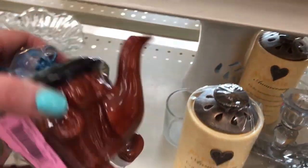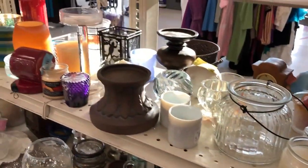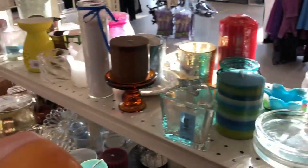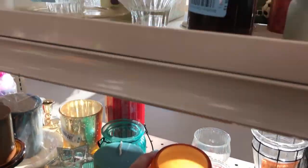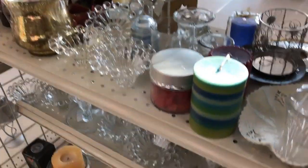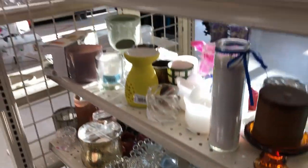I think I looked at this last time. It's pretty new. That wasn't here. It's just a candle holder, but that's pretty glass. Okay, they didn't add anything too cool, you guys. I mean, you know, not for resale. So,